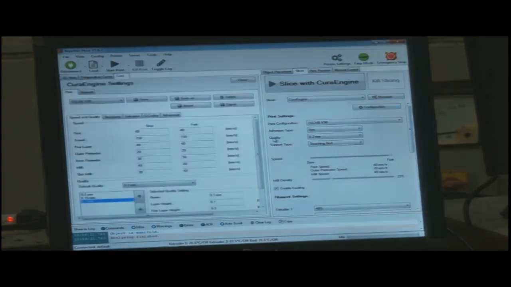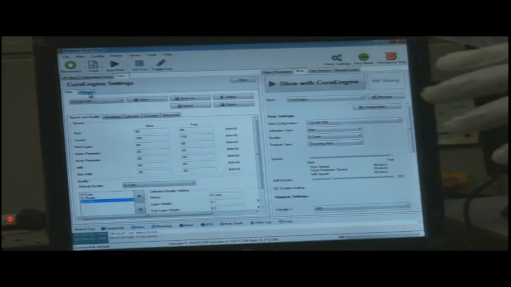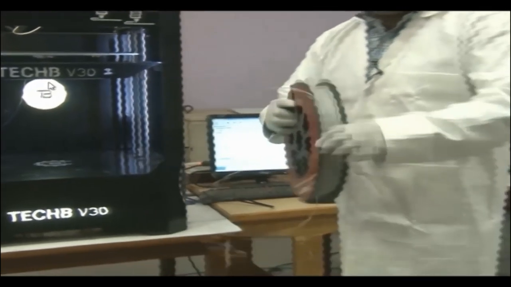configuration. When we click the configuration, we can see the Cura engine settings here. There are two tabs here, filament, very important, and print. What is filament? Filament is the raw material that we are using for printing, like I mentioned, ABS or PLA, that is there in filament form. This is the raw material.